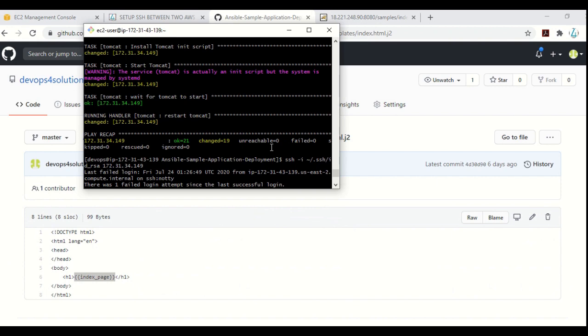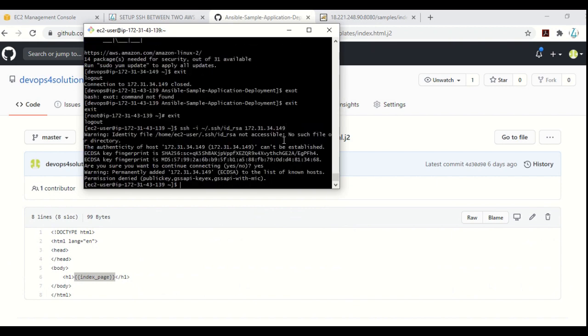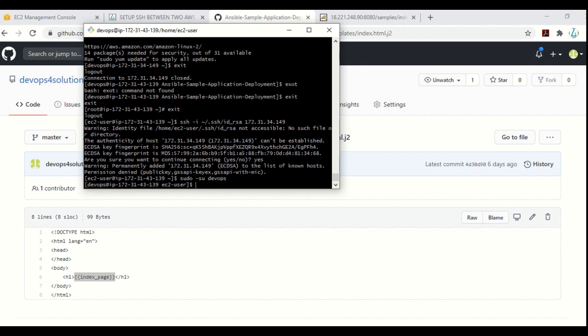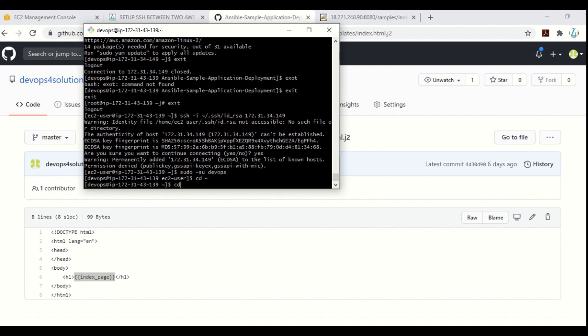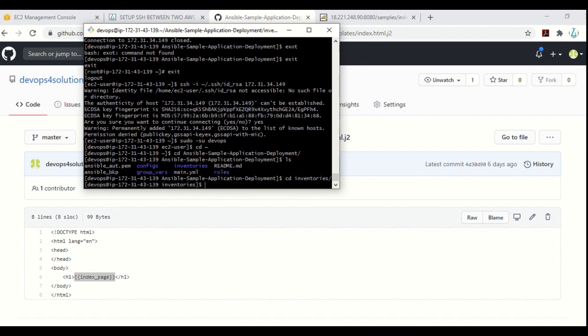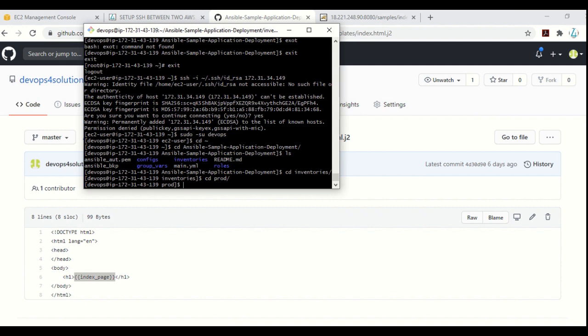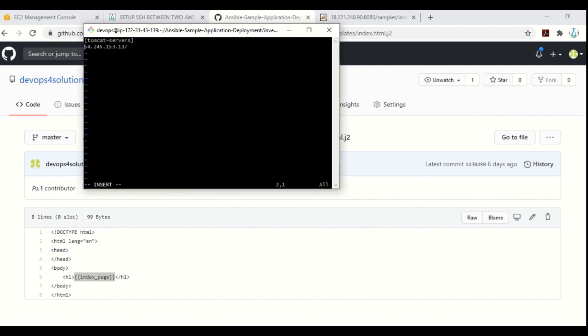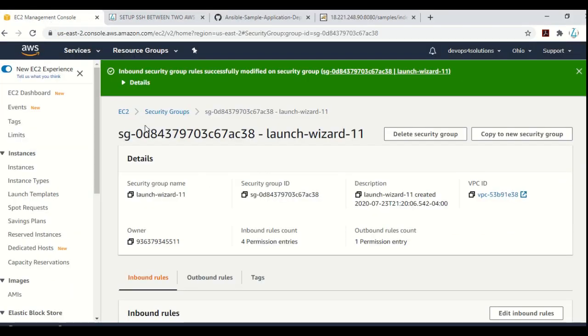So now I can show you right now. Let me log in as devops again. Okay, and let me cd ansible. What I'll do is run the same playbook but just change the environment. For that, I am making the entry in the host file of prod. It's the same server I am using. Obviously, you can have different servers, but here I'm just using this.